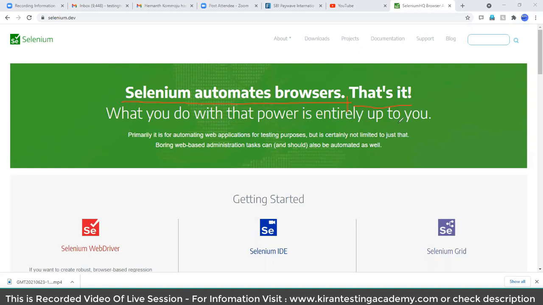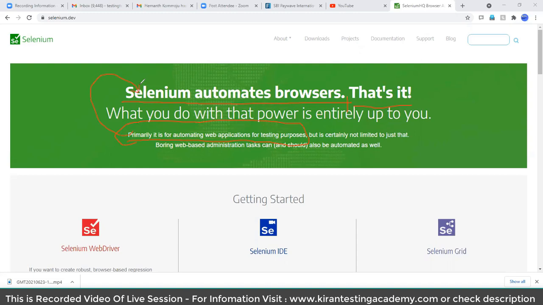So Selenium automates browsers, in the sense that whatever website you load on the browser, Selenium automates it. You load Gmail, it will test it. You load facebook.com into a browser, it will do that browser action. As I said, it can remotely perform activity on that. If you load Amazon, it will test it. So Selenium is primarily for automating web applications for testing purposes. Any web application which loads on a browser, Selenium has the capability to test it.